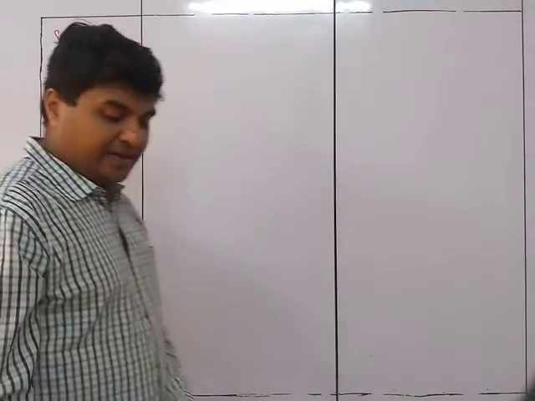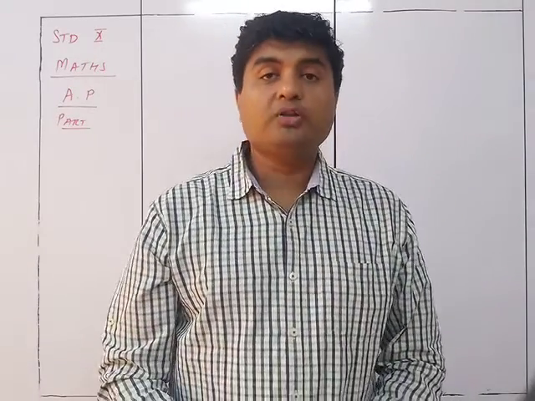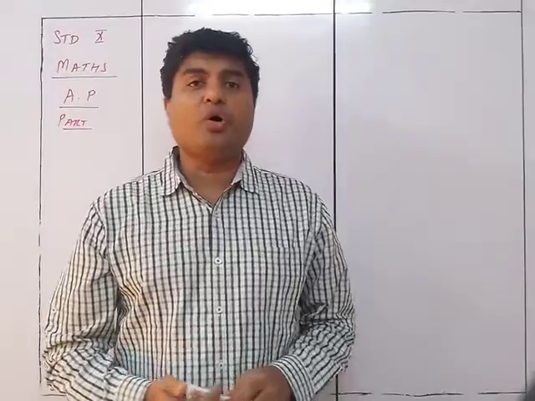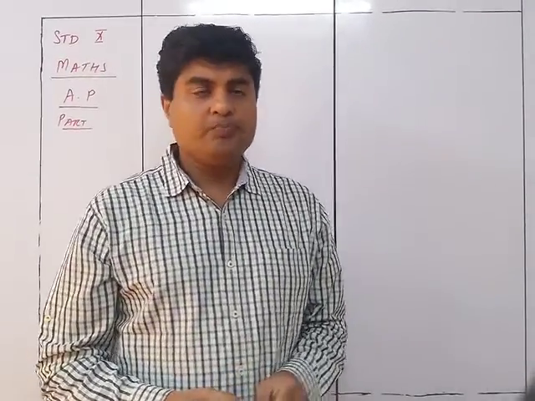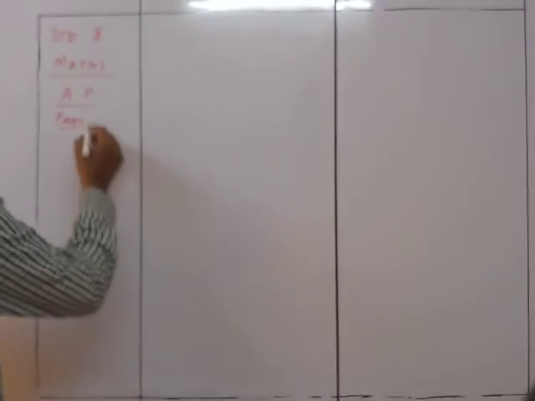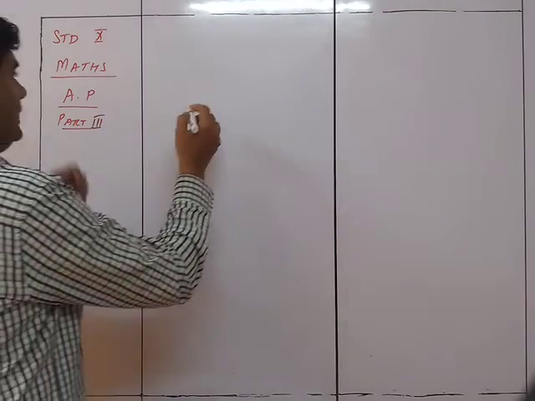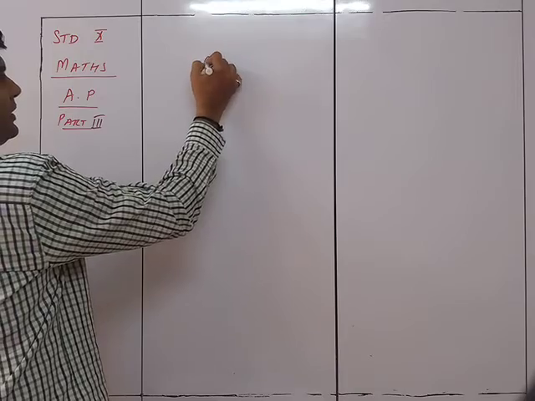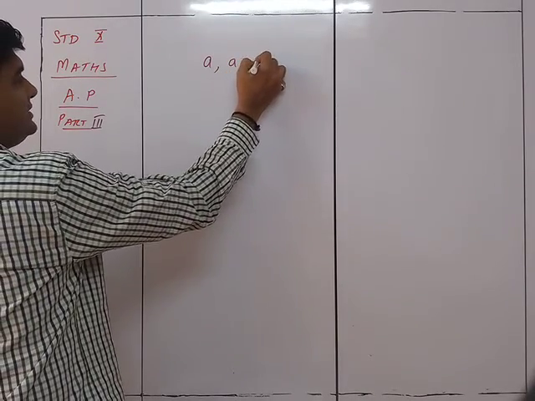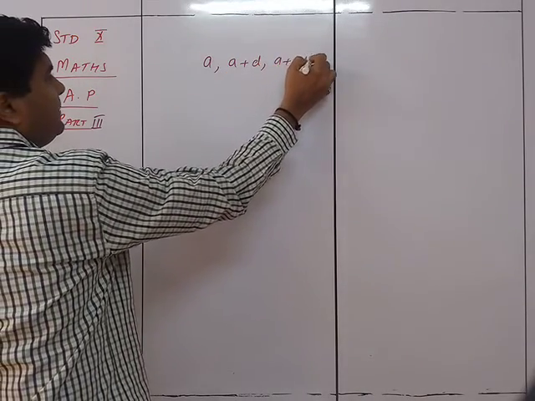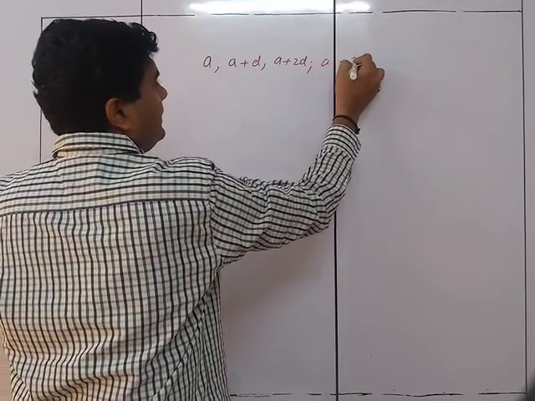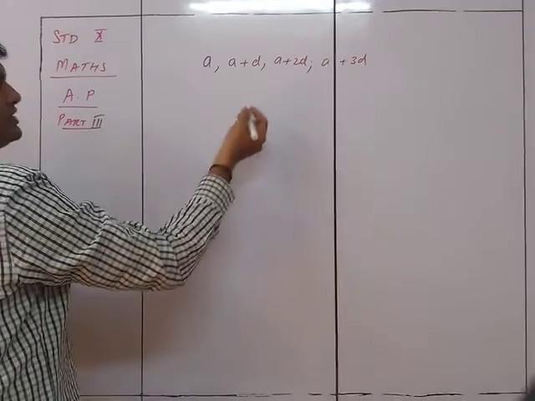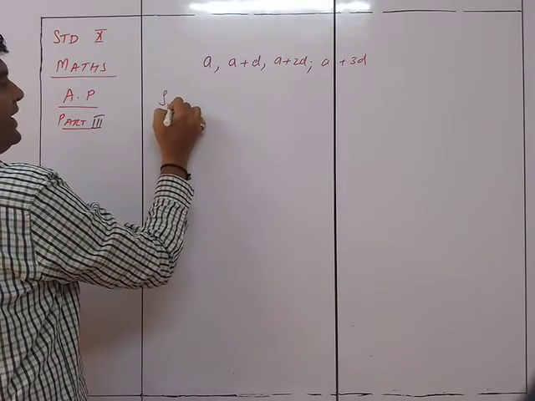The next topic in the chapter on AP is about the addition, or the sum, of the different terms in an AP. This is the third part of the chapter. Suppose the terms are a, a plus d, a plus 2d, a plus 3d, and so on. If I want to sum it up, the sum of n terms will be given as